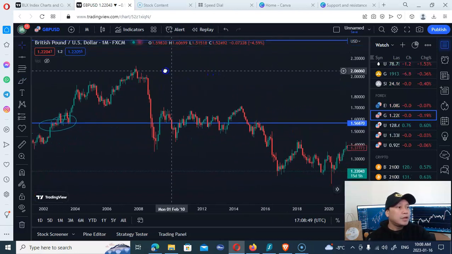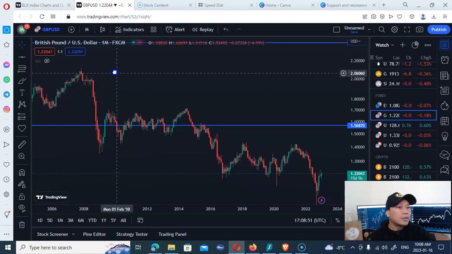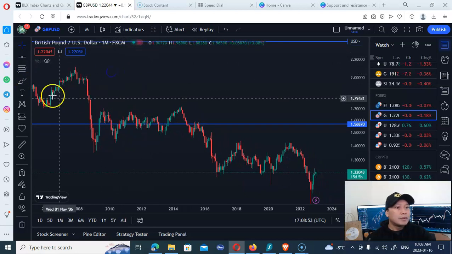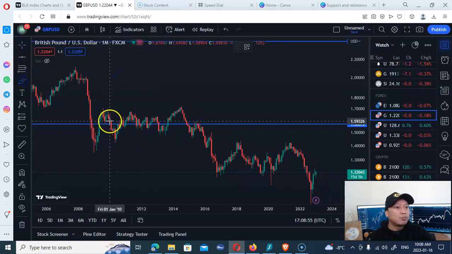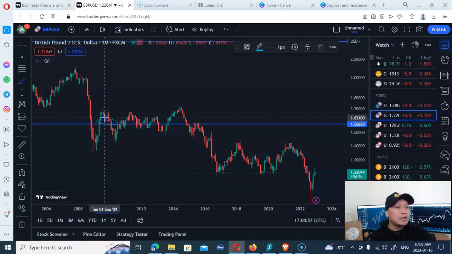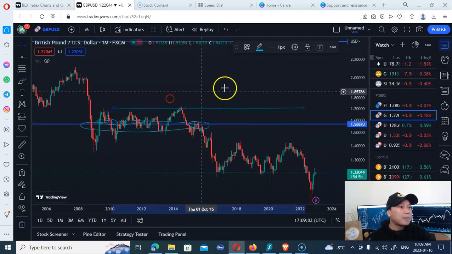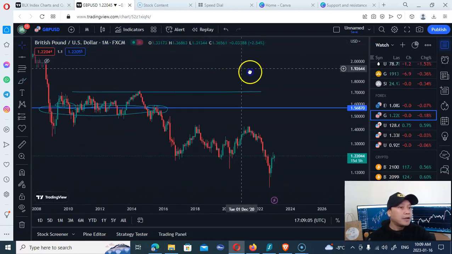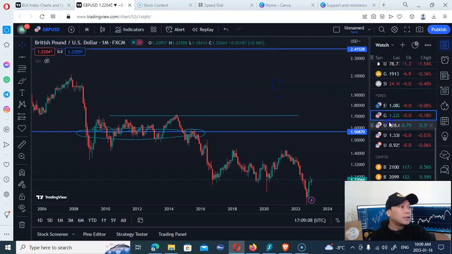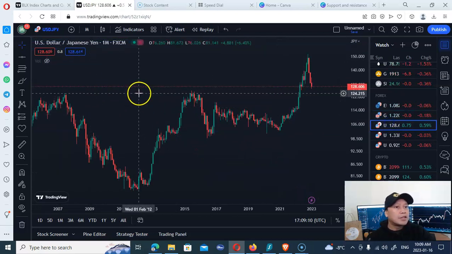So if we can move again, yeah, the price reacted here. For sure it reacted on all the levels here. Okay, and there you go. And another example is